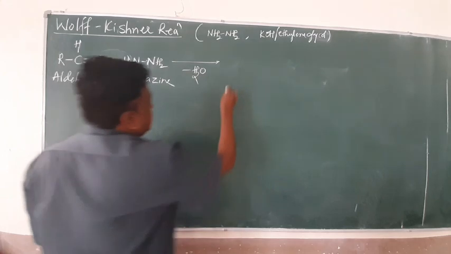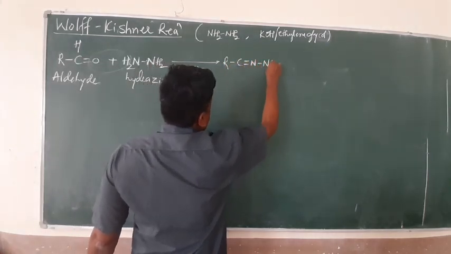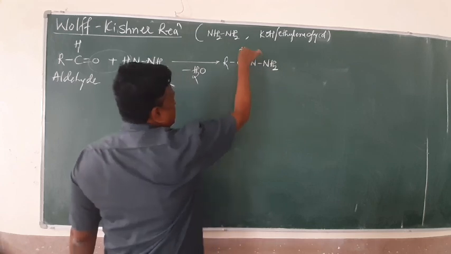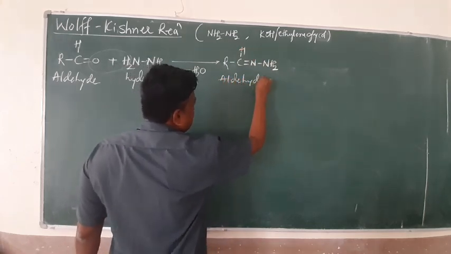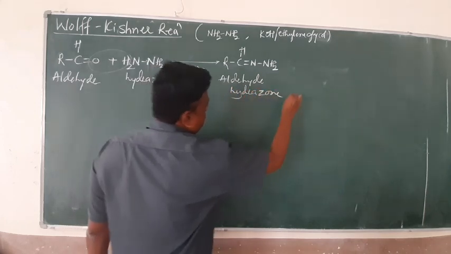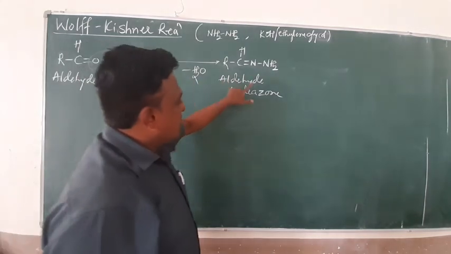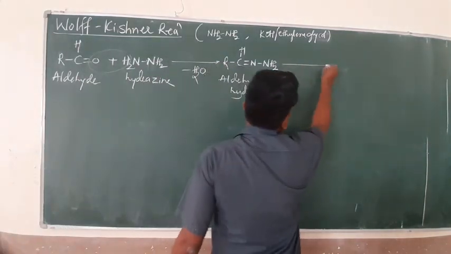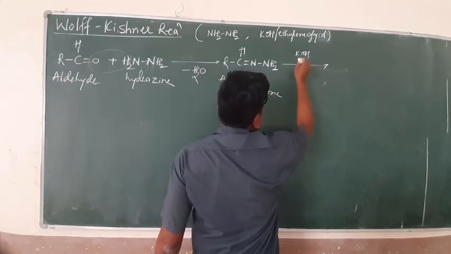So friends, what remains? RC double bond N NH2. This compound is named aldehyde hydrazone. The aldehyde reacts with hydrazine to form aldehyde hydrazone,